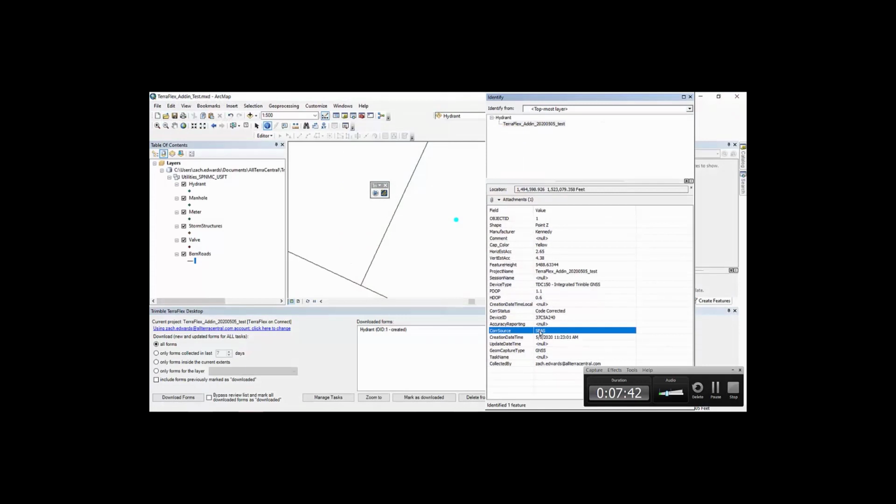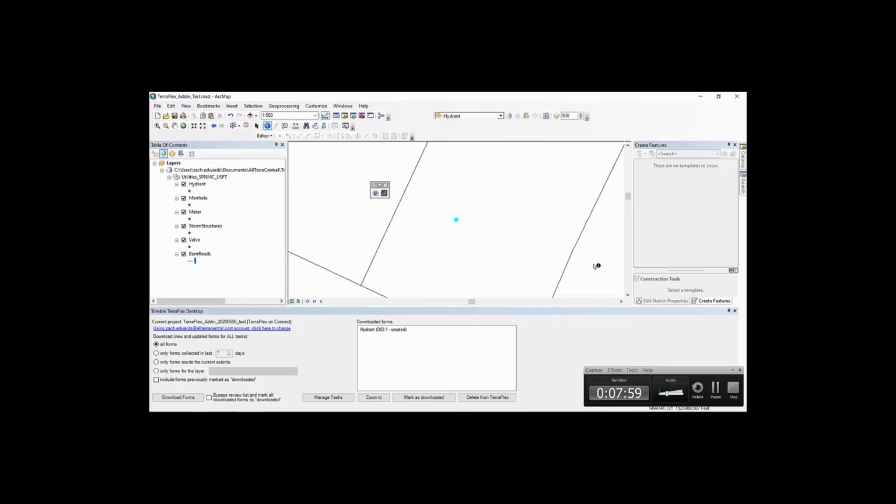You can see we're using SBAS, the time that we created it, the login, the type of capture, the unit, PDOP, all that metadata that we might care about, as well as photos. Now you could also take multiple pictures, and there could be 10 pictures for this hydrant if you really wanted to. Okay, so now I'm going to go ahead and zoom back out,